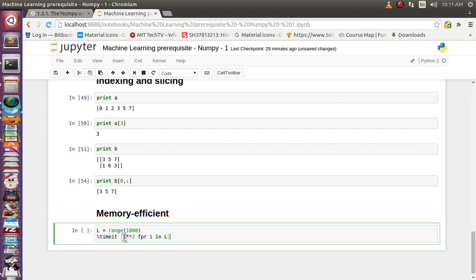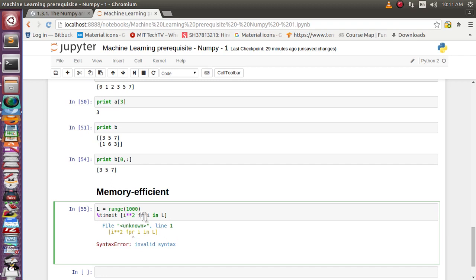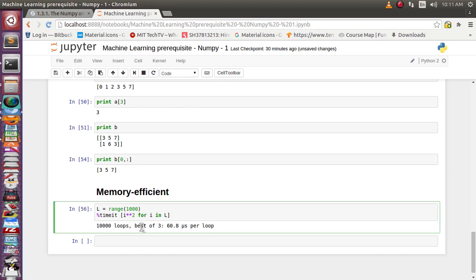I have used the range function from the basic Python library, and let's see how much time it will take. This is the for loop actually, so we have to iterate over all elements of this range, of array L. It has taken 60.8 microseconds per loop.